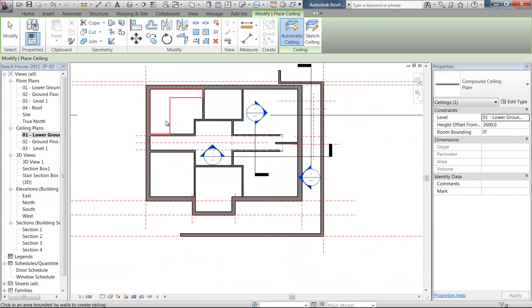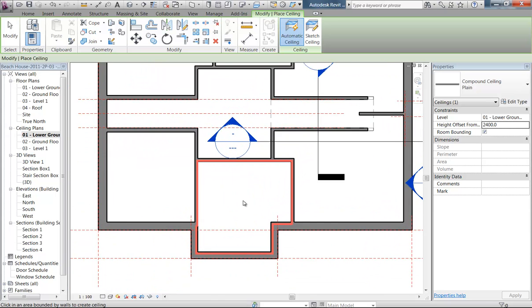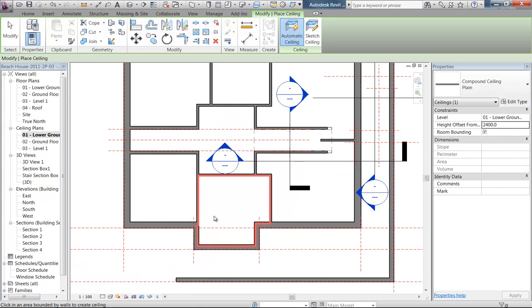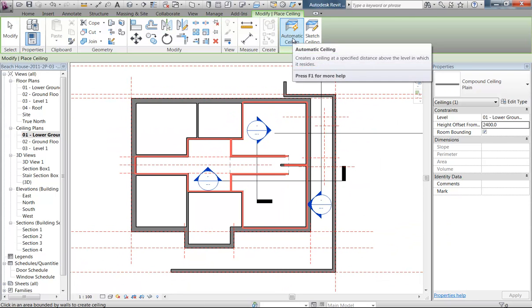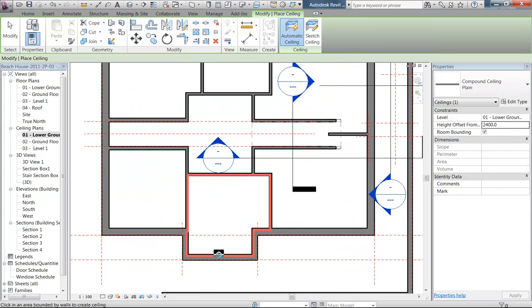It's still picking them up, unfortunately. Oh, now the height offset, I'm going to make that 2400. And that's better, so now it's not picking them up. So that's got to be changed first. So now I'm using automatic ceiling. So instead of sketch ceiling, where I'm manually drawing the lines, auto ceiling will actually work pretty well here. So let's go choose the